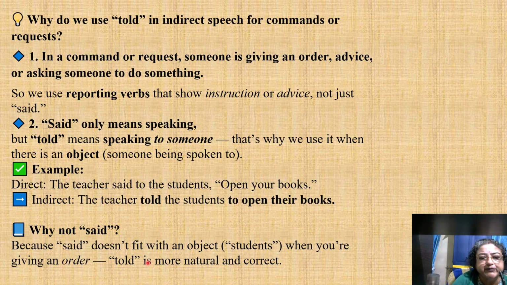So if I say it in this way, why not said? Because said doesn't fit with an object, students, in reported speech, in indirect speech. When you are giving an order, told is more natural and correct in indirect speech. These things you just know. If you forget all these detailed explanations, then only this much you just remember. Said doesn't fit with an object in indirect speech when there is an order, command,